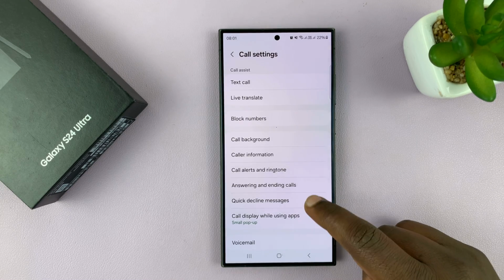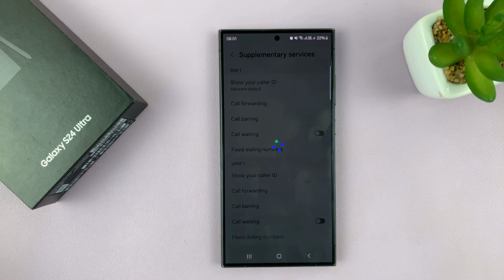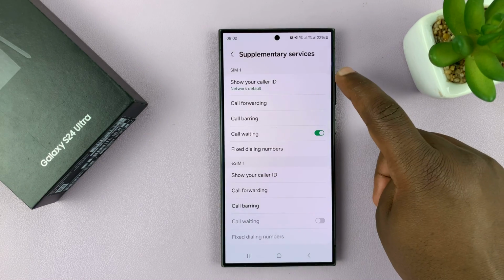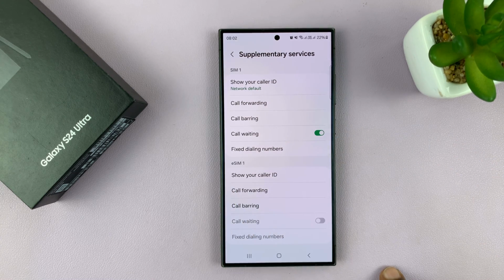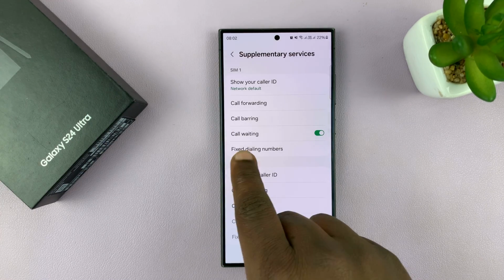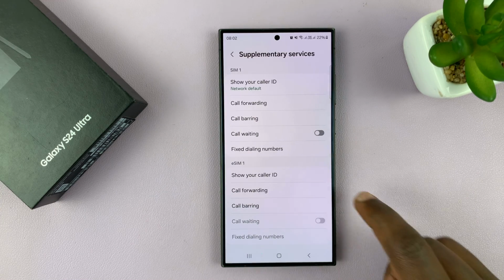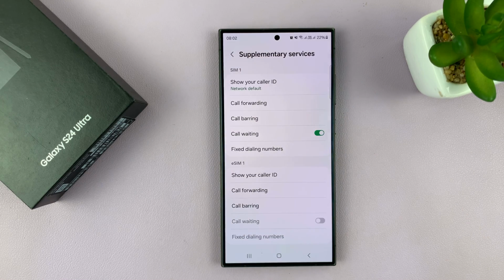Now here you want to go to Supplementary Services and tap on that, and then allow it to check the current status. Once it's done, this is what you're going to see. So we have supplementary services for SIM1 and my SIM2, which happens to be an eSIM. Okay, so for the two different SIM cards, you have similar settings. So go to call waiting, and if call waiting is disabled like that, then all you have to do to enable call waiting is to turn on that toggle button, and that's going to enable call waiting on your Galaxy